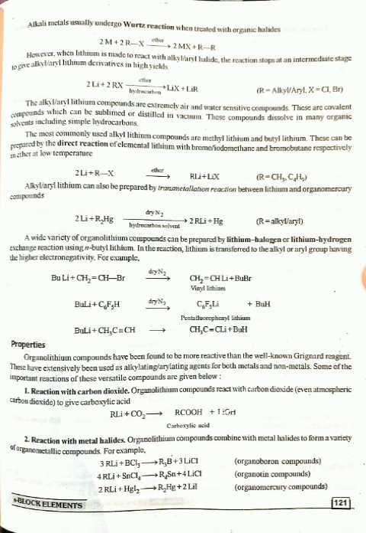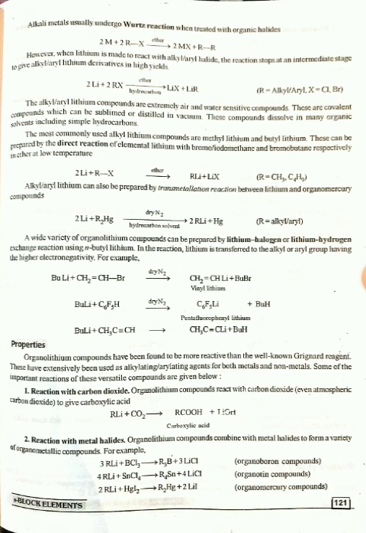These can be prepared by the direct reaction of elemental lithium with bromo or iodomethane and bromobutane respectively in ether at low temperature. Alkyl or aryl lithium can also be prepared by transmetallation reaction between lithium and organomercury compounds. A wide variety of organolithium compounds can be prepared by lithium halogen or lithium hydrogen exchange reaction using n-butyl lithium. In the reaction, lithium is transferred to the alkyl or aryl group having the higher electronegativity. For example,